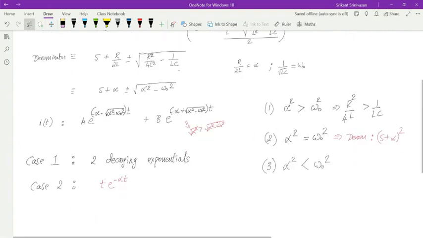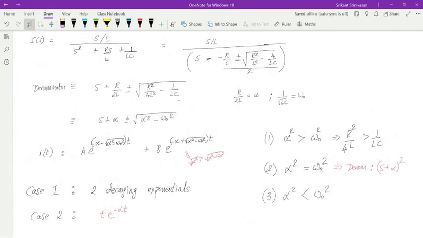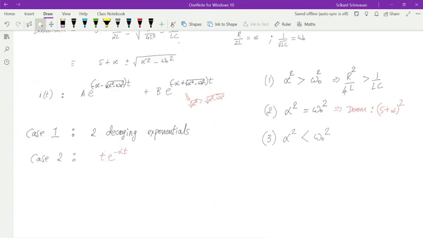So when there is resonance, this denominator becomes nothing but (s plus alpha) square, as shown over here. And because of that, the inverse Laplace transform is t e power minus alpha t. So you remember yesterday we drew some curves. We said that I have two decaying exponentials that are adding up. In the second case, I have the function which is going up and then going down. Okay. And what about case 3?